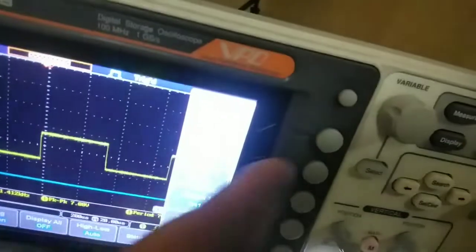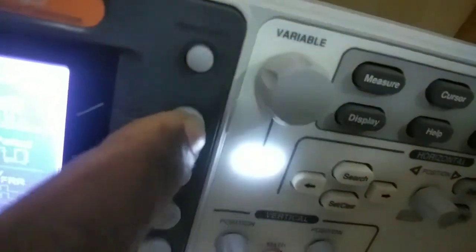Now I want to change the display to channel 1. Then press the source to channel 1. Then move the variable button to channel 1. Then press select. Okay. Then channel 1 will be activated. Then press V peak to peak.